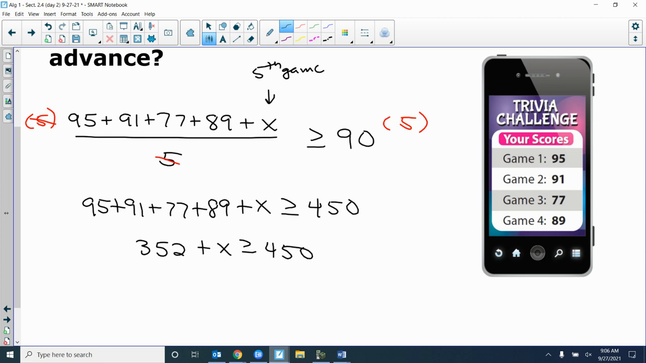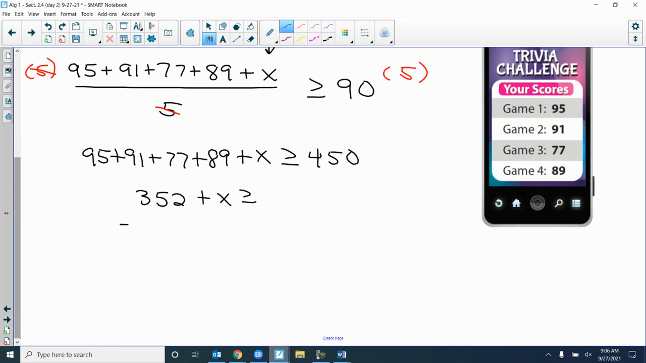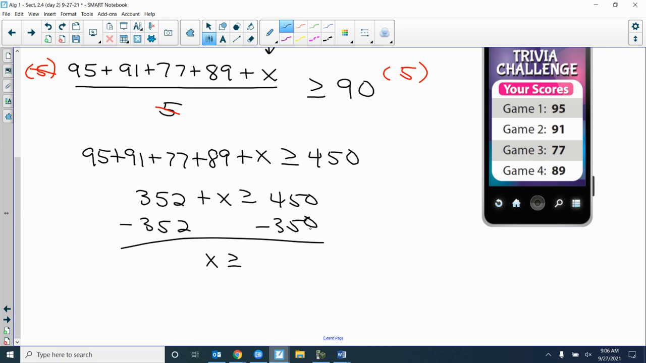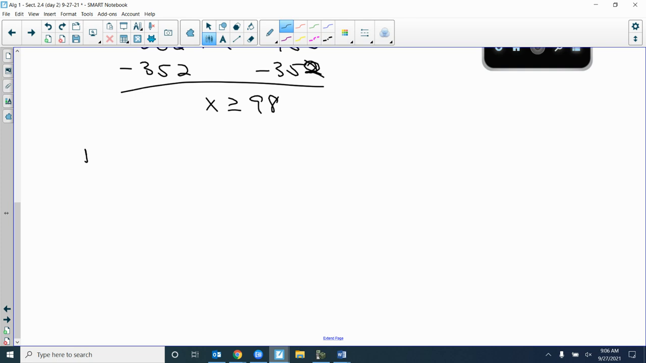How many flyers? Subtract now, subtract 352. That should be 450. X is greater than or equal to, that's 352. What do we get, Zach? What's 450 minus 352? 98. 98. Okay, so to average a 90,